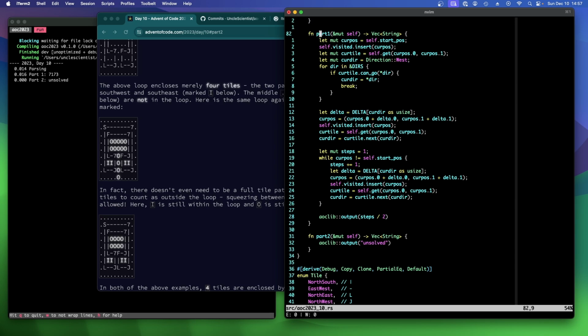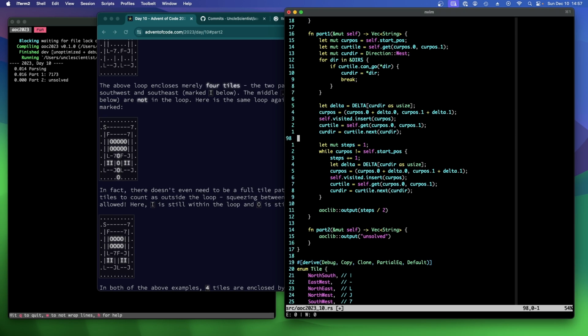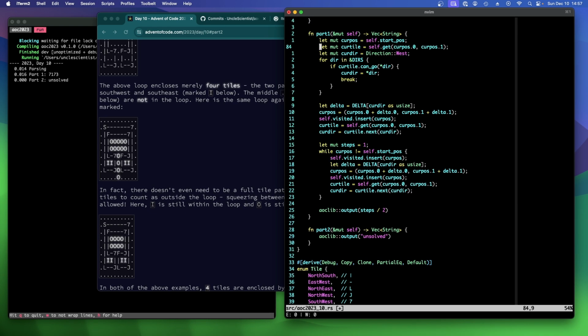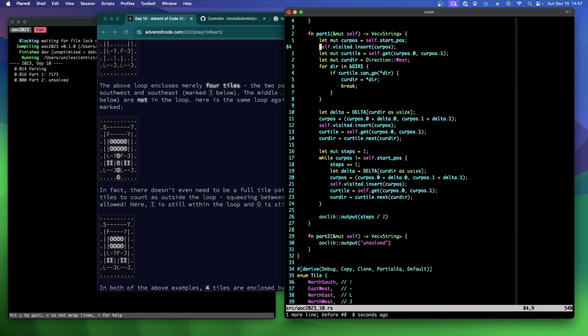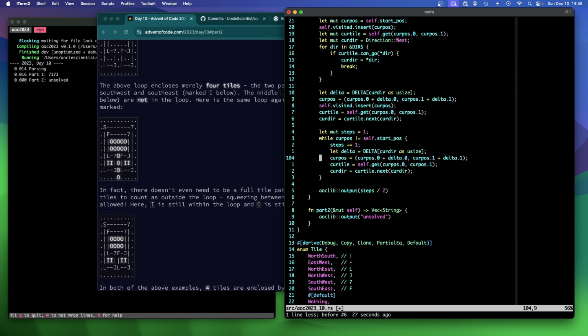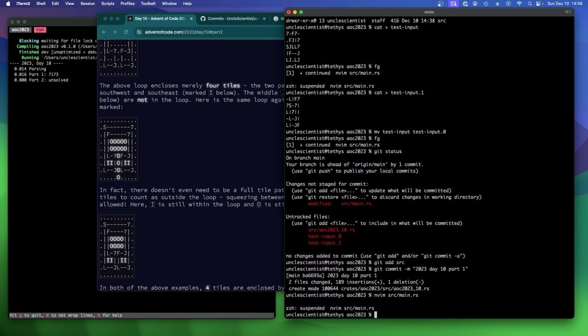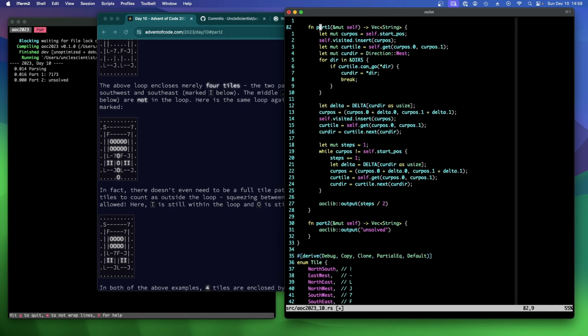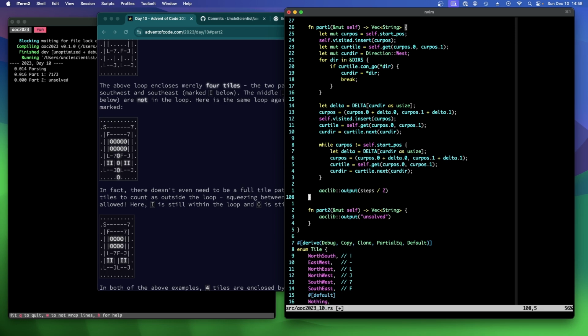Actually, if we're going to do that, we don't have to do this mess. Right? We could just do this. And we don't even need to keep track of steps. Did I check this in for part one? I don't think I did. Let me undo all of that stuff because that's all... Oh, I did. I did commit it. Okay. All right. Because here's what I'm thinking. If we have a visited thing, that keeps track of the count for us. We don't need to have a separate steps. We can just say